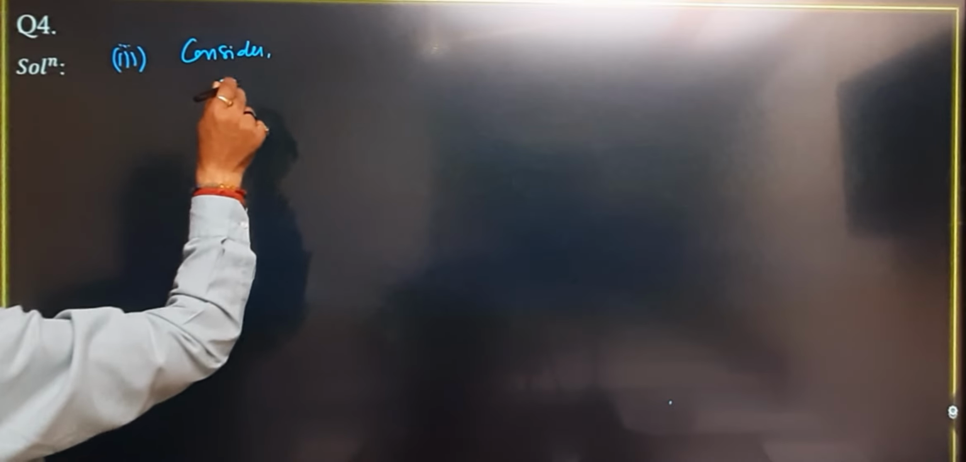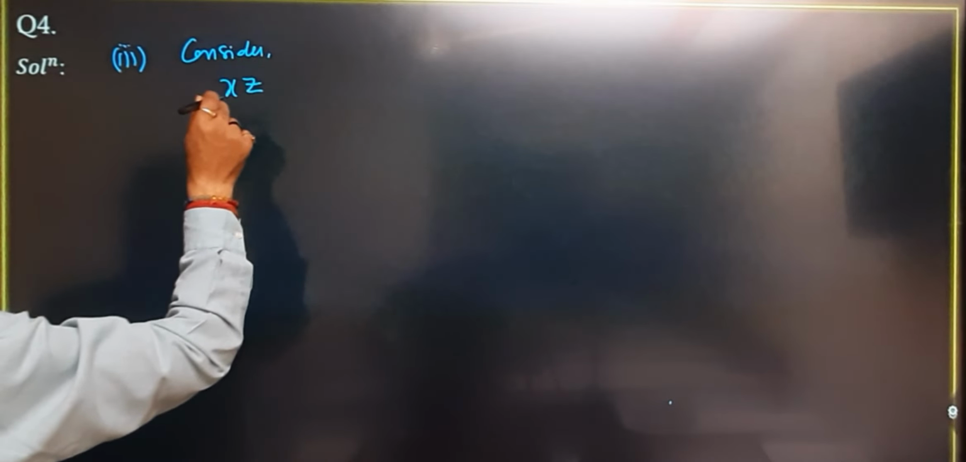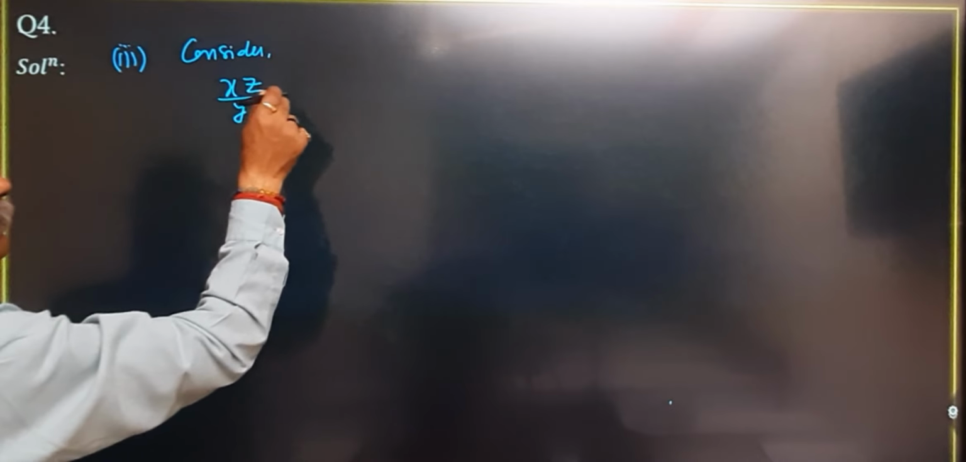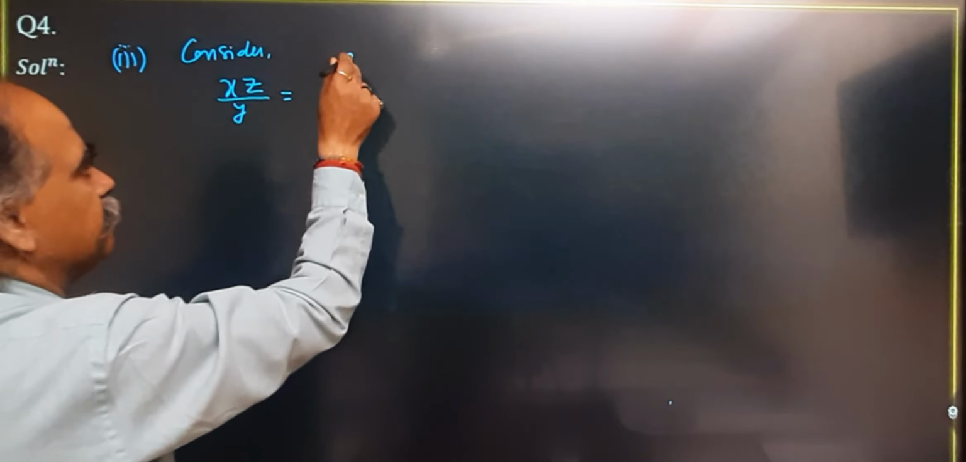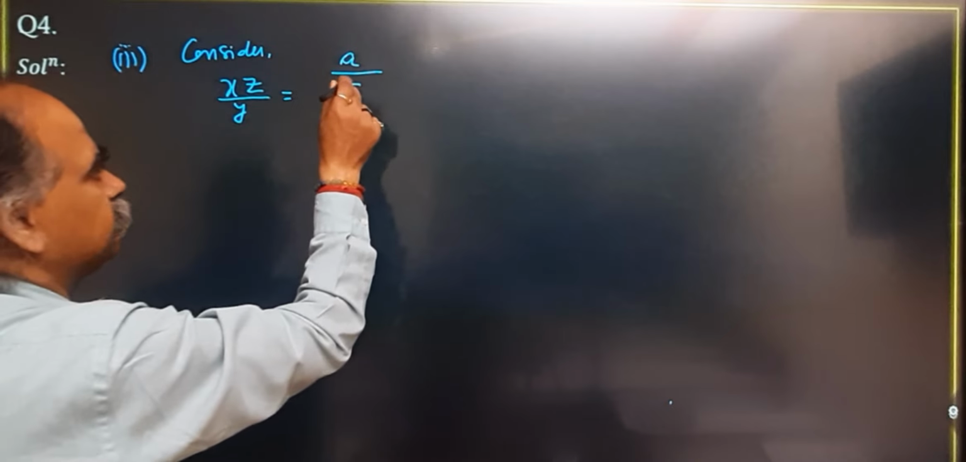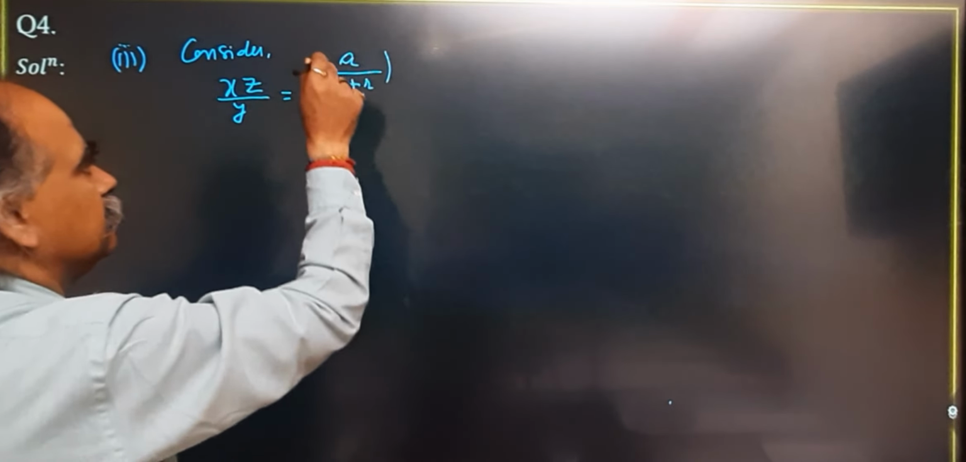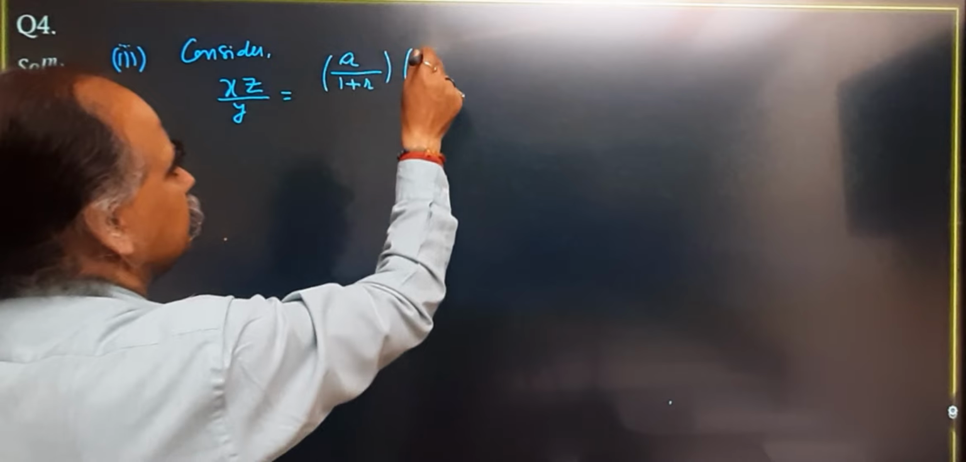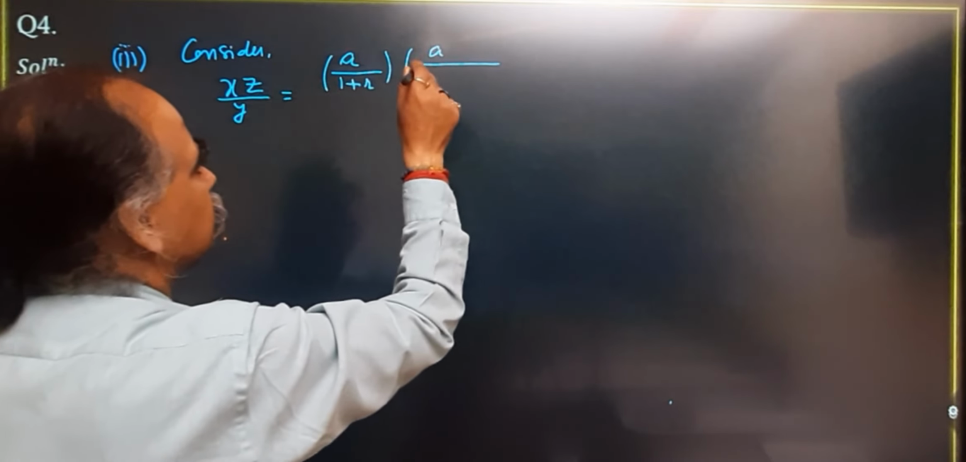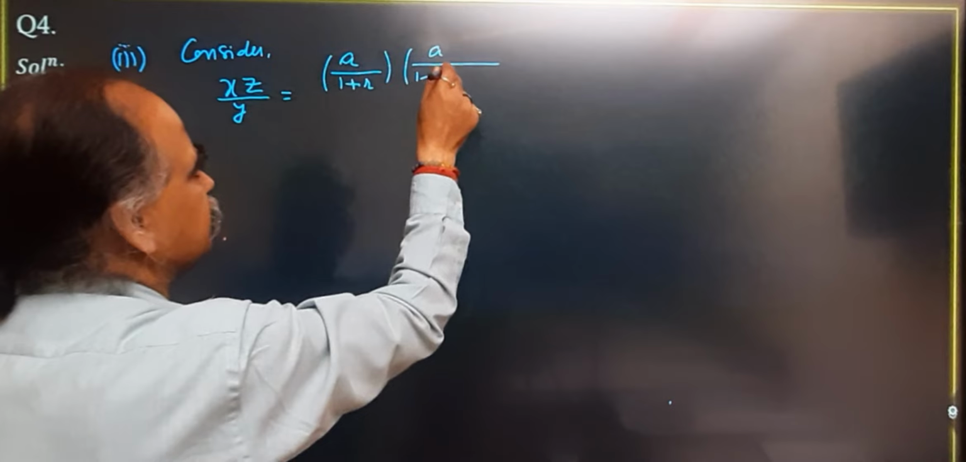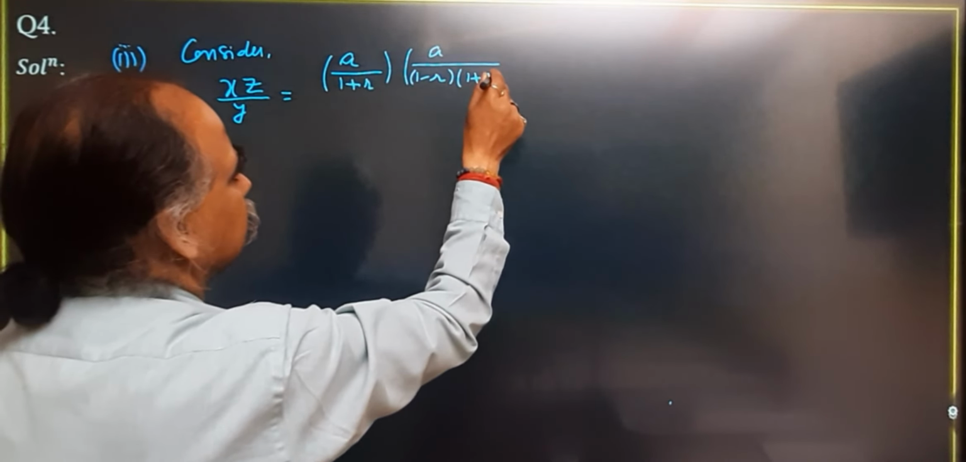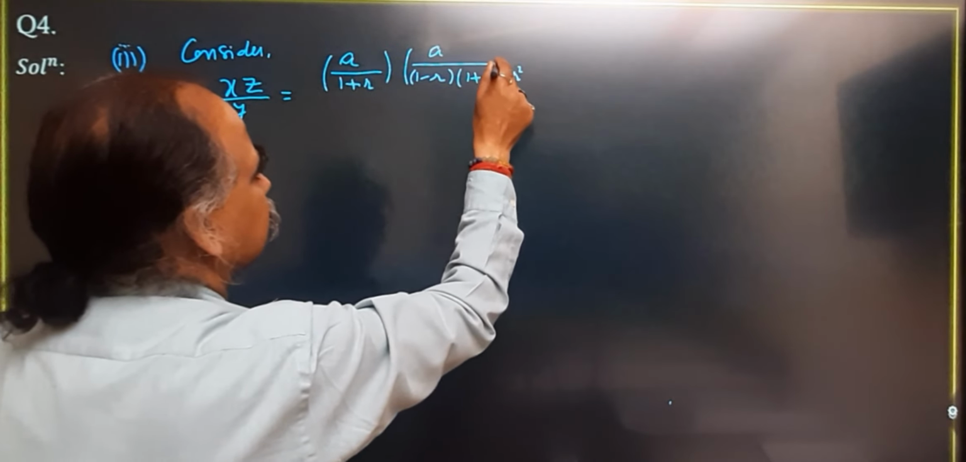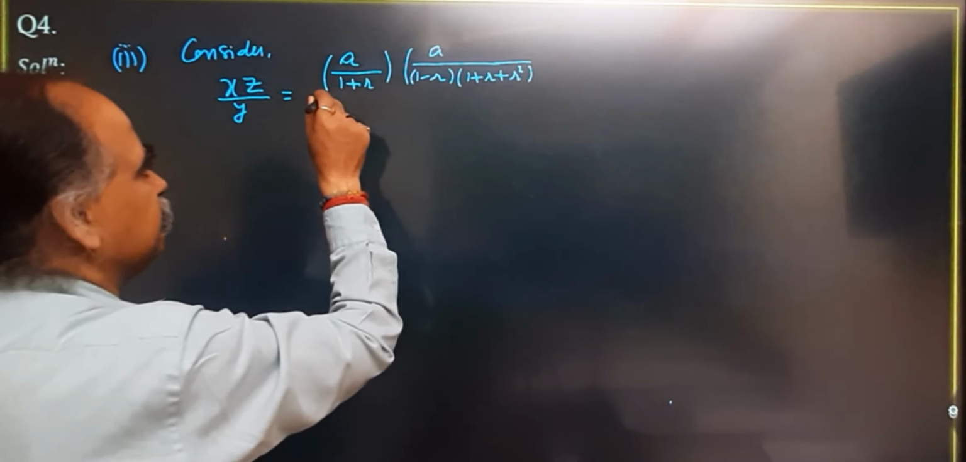Xz upon Y. X is what? A upon 1 plus R. And Z is what? A upon 1 minus R into 1 plus R square, divided by